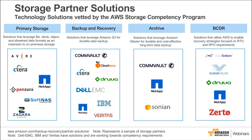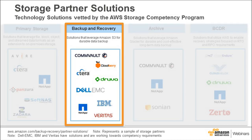So when we look at partner solutions, there's probably a lot of familiar logos up there. Based on the results of the survey, a lot of folks using things like Commvault, EMC products, IBM, NetBackup by Veritas. These are all products in the backup and recovery category that are